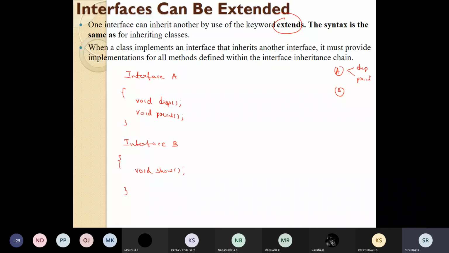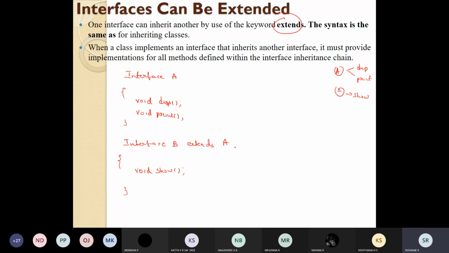And interface B contains the show method. Now interface B wants to make use of these two methods, display and print. For that, it can use the extends keyword. Interface B extends the name of the interface A.